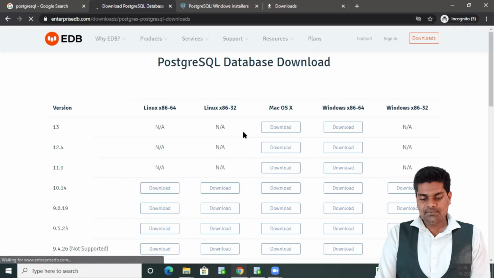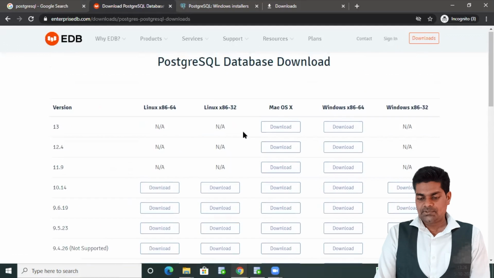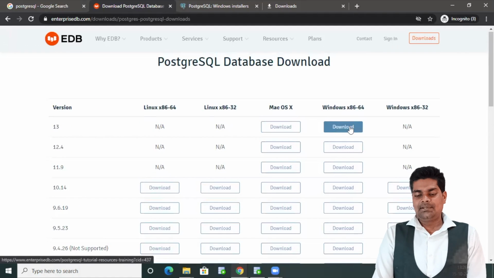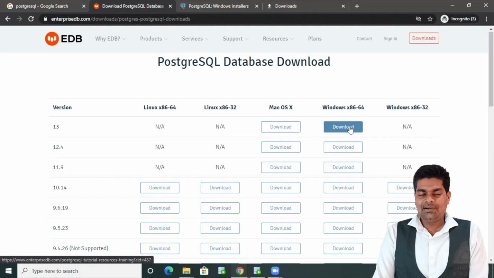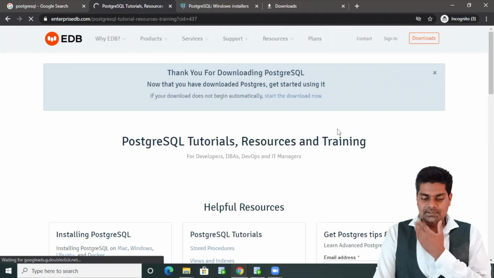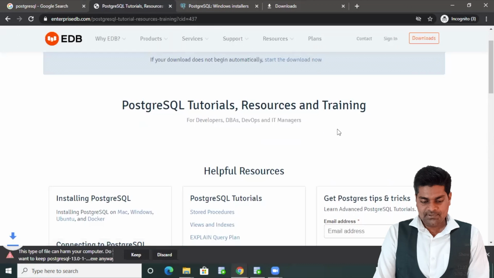Then here we have versions and OS. So let's download for Windows 64-bit as well as 32-bit. So click on download, and it will download. Yeah, now click on keep.